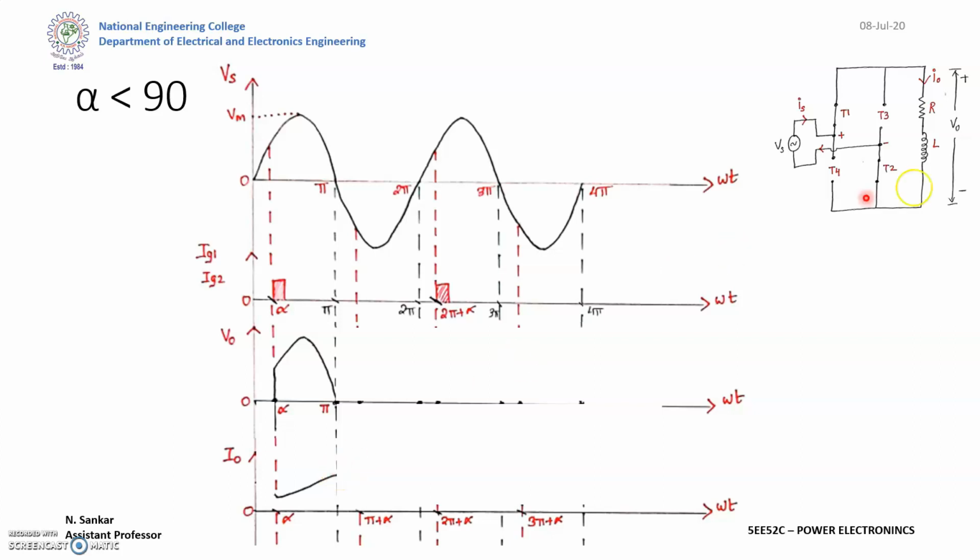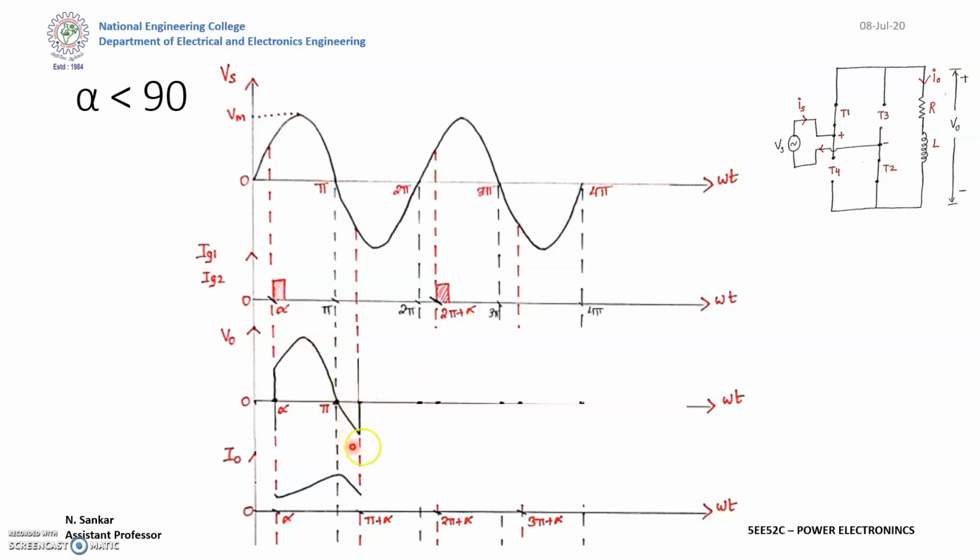So here, because of the inductor, there will be some flow of current through T2 and T1, which will make a negative voltage across V0. So the waveform will be like this. After pi, the SCR will conduct the negative voltage of your input. This is because the inductor current will gradually decrease and reach a certain point for the turn off of your T1 and T2. So this is what is happening in the positive half cycle.